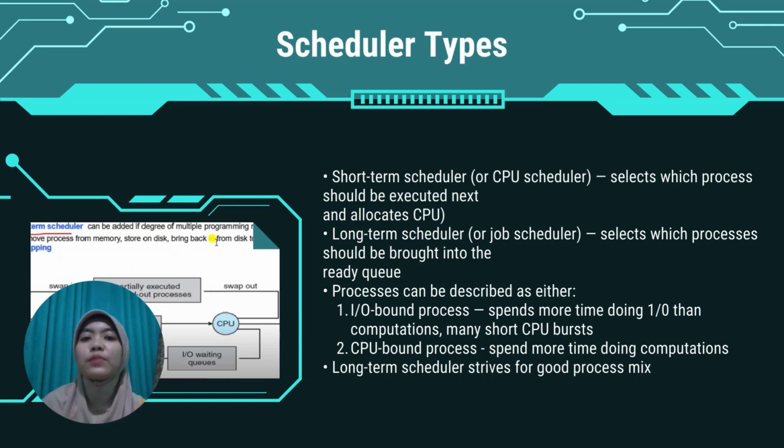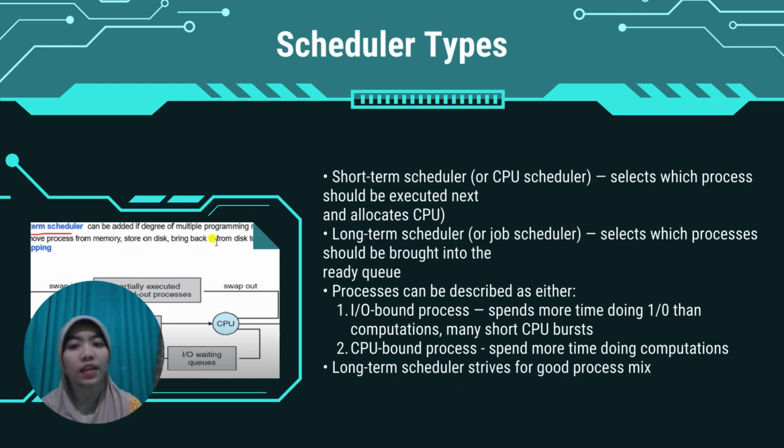The first is the short-term scheduler, or CPU scheduler. The short-term scheduler, also known as the CPU scheduler, is responsible for selecting which process to execute next and allocating the CPU to that process. It works by selecting processes from the ready queue and dispatching them to the CPU for execution. The short-term scheduler operates at a fast pace, typically within milliseconds, and is invoked frequently to ensure efficient